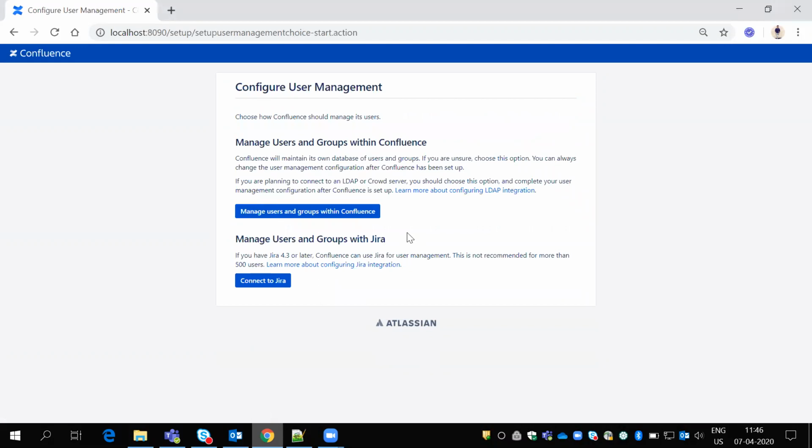Once you click on empty site, we get options like manage users and groups within Confluence and connect to Jira. If we have users in Jira, we can bring all those users into this place.